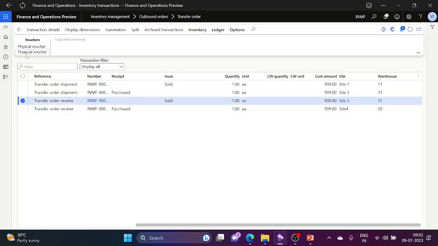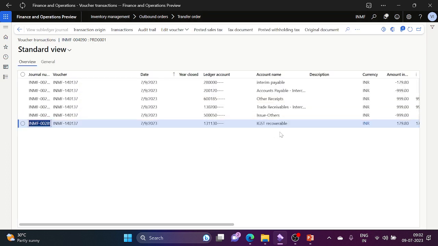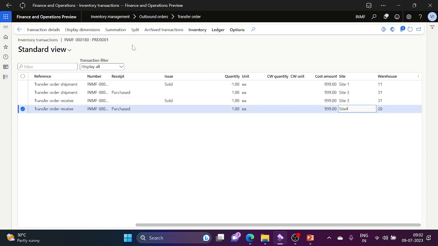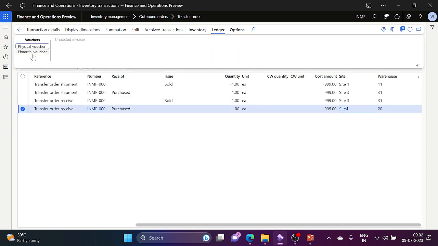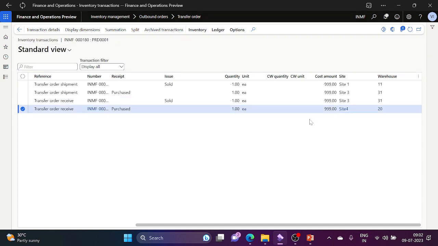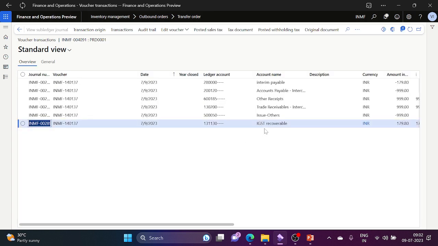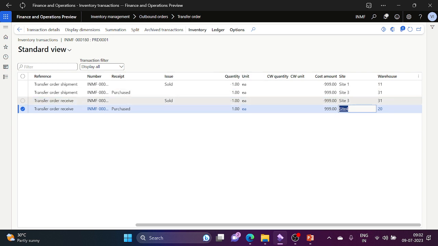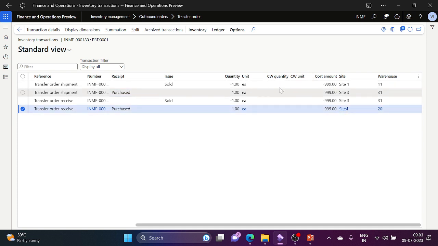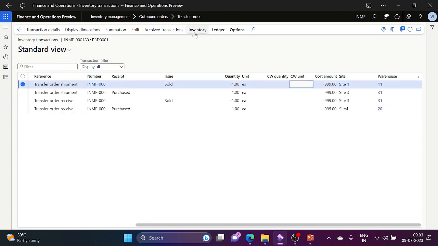Receivable. What I am trying to show you is that two transactions belong to IGST recoverable, because these are receiving things. This is receiving the item. We'll compare first line and last line. So if I go here,